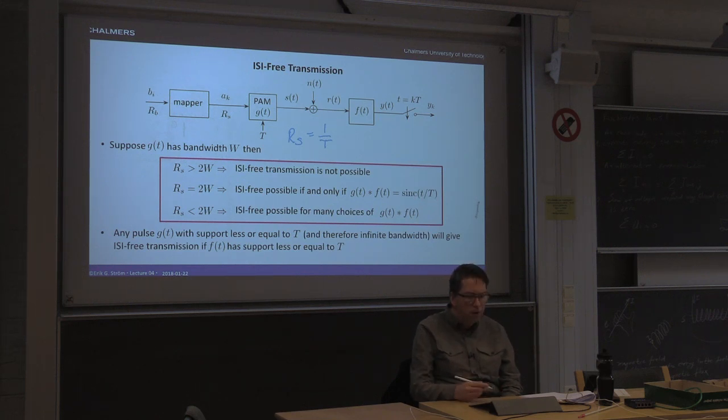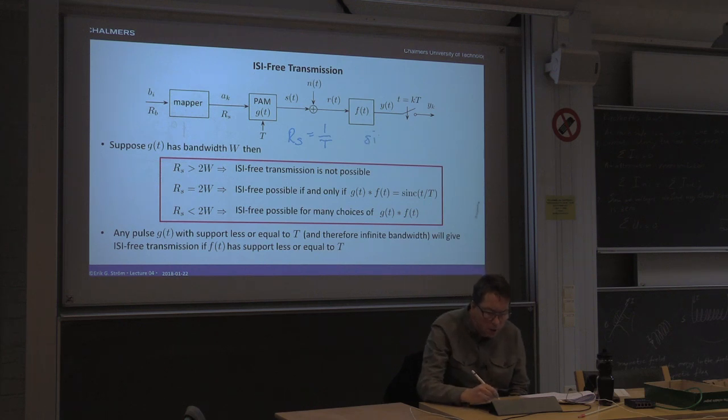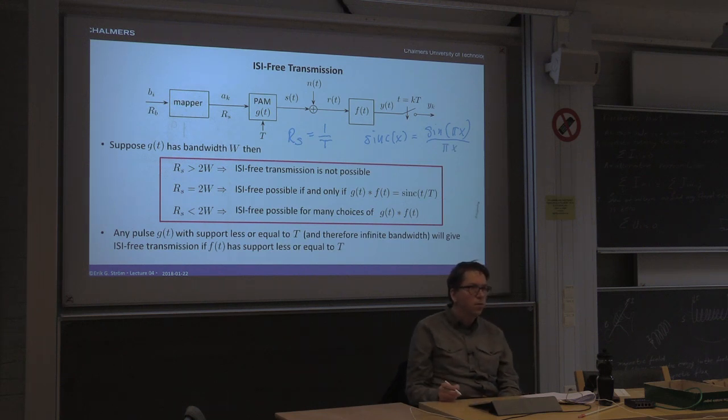You remember what the sinc function is, right? It's sinc of x is sine pi x divided by pi x. Okay, so that's the sinc function. Okay, so we just have to choose G and F and convolve them and hope it's a sinc. If it's a sinc, then we're fine. It has to be sinc of t over capital T, and T here again is the time between